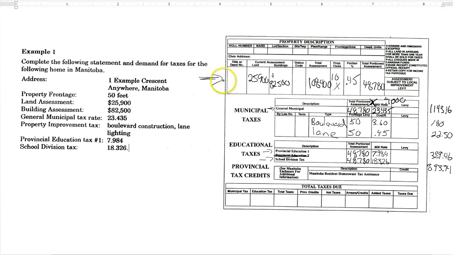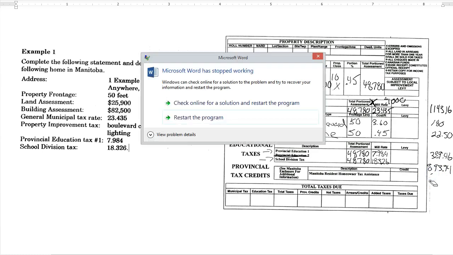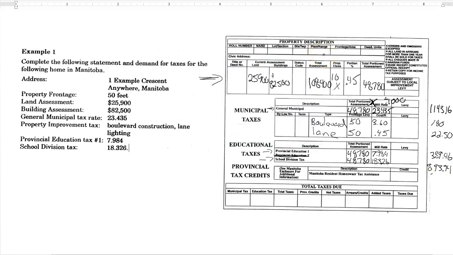So I've calculated the total portion assessment. I've paid my 4 types of charges. The last thing I have to do is this tax credit. So I need to take off $600. So in order to show subtraction, what I'm going to do is put it in brackets. So bracket,